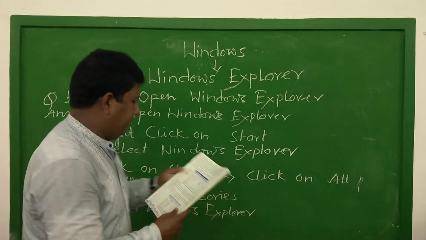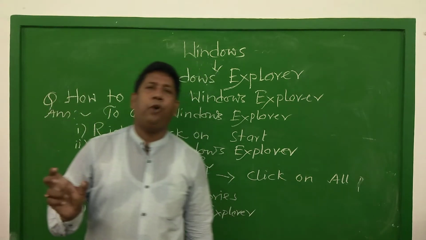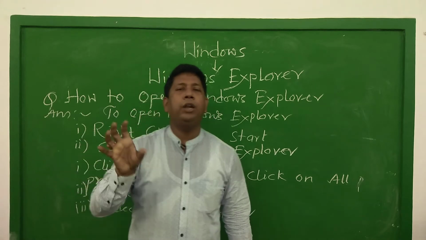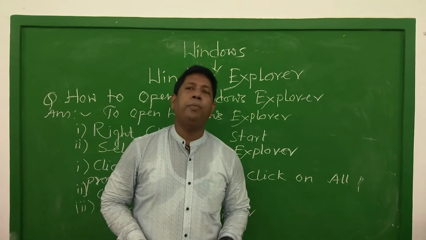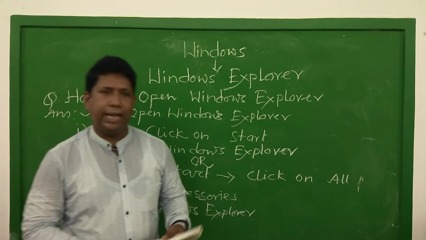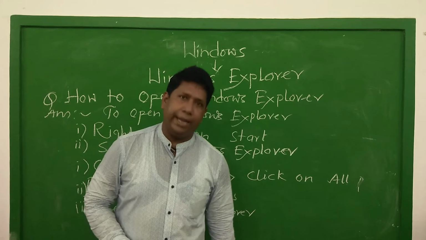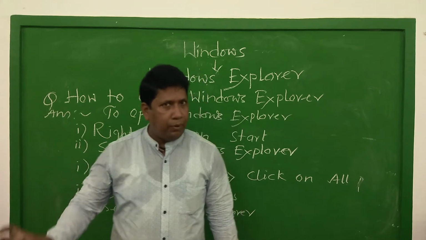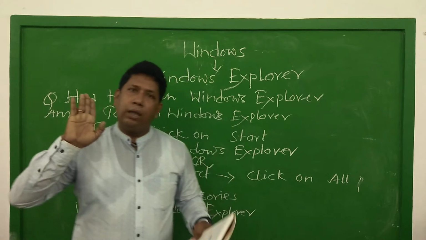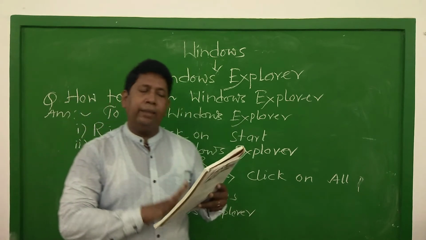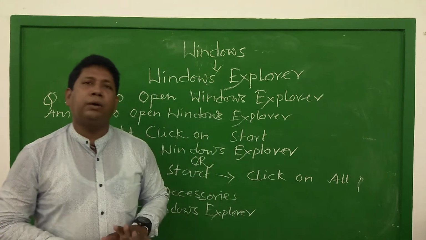Next is libraries in Windows. Everybody knows a library is a collection of different types of options or files. In a computer you can also find different types of files and folders in one place, which is known as a library. Libraries are user defined collections of content. It means the person or persons using that computer can save all their information in the Windows libraries. So the library is also a main part of Windows.